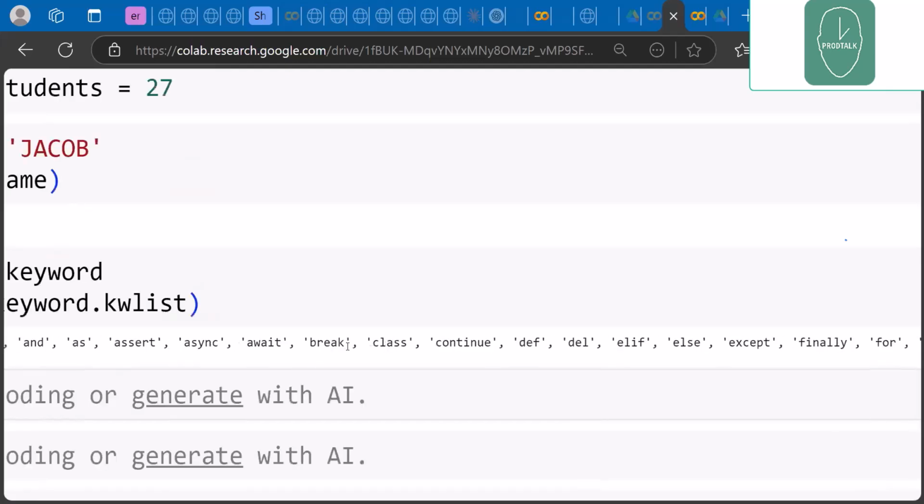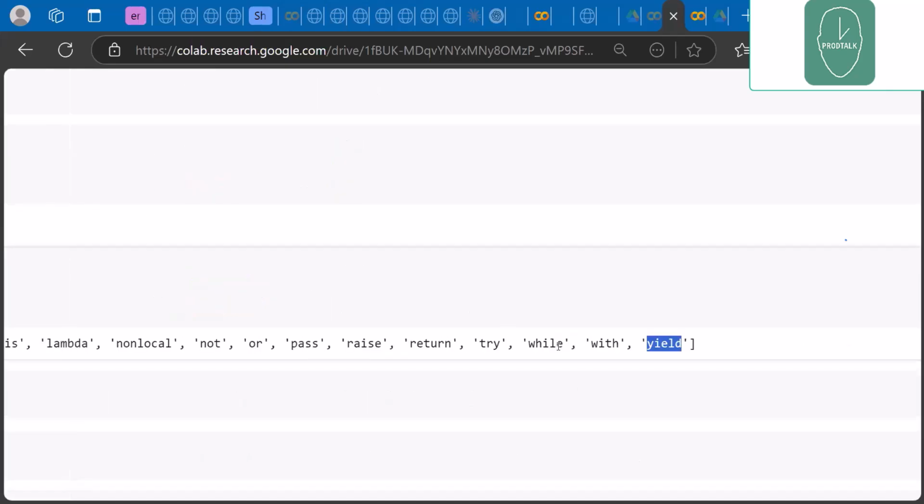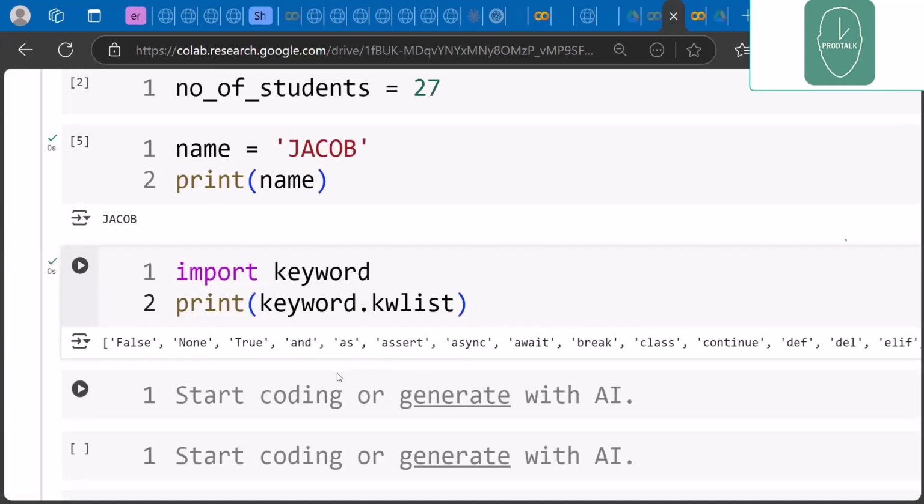So let me look for something that you might want to use as a variable name. Let's look for something like yield. So we're saying you can't use that as a variable name. The reason why you should be careful about the keywords is that, imagine you had a robot, or you had a voice assistant, just like Siri, for example, on iPhone. And you know when you don't want to talk to Siri, just say all of those things, right? But if Siri was listening to everything you say and you said